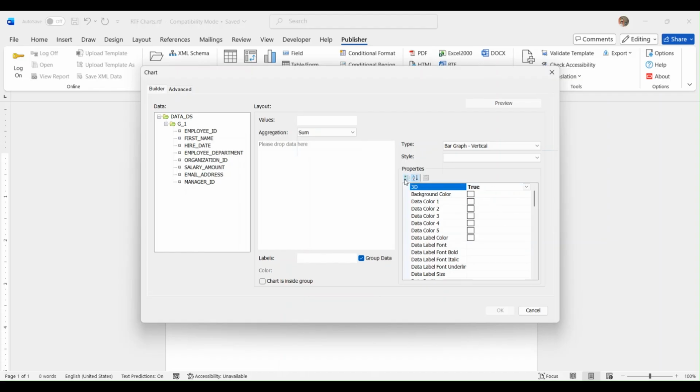And here we have one more field called labels. Labels means what labels it has to show for the chart. And we have grouping the data, because after grouping the data only we can perform a few aggregation actions. So if you uncheck this group data, we are unable to set the aggregation. Once we have given the labels, we can provide the color for that label also,